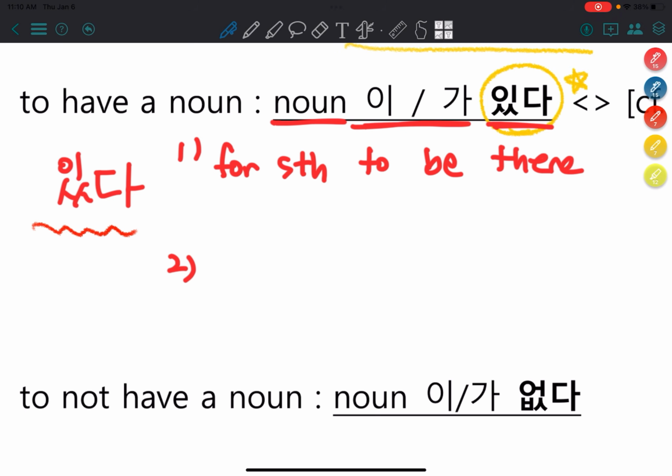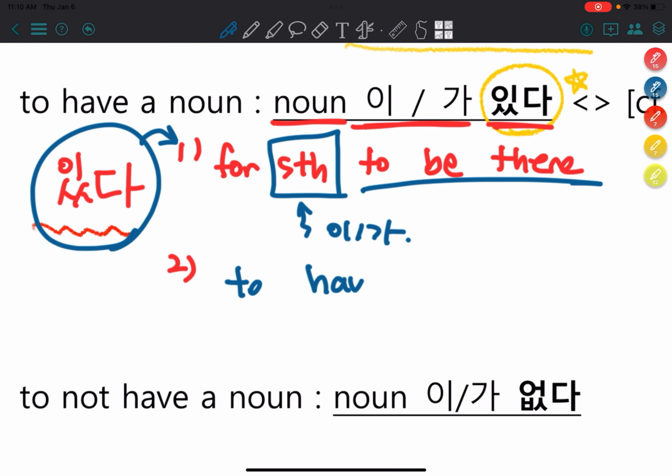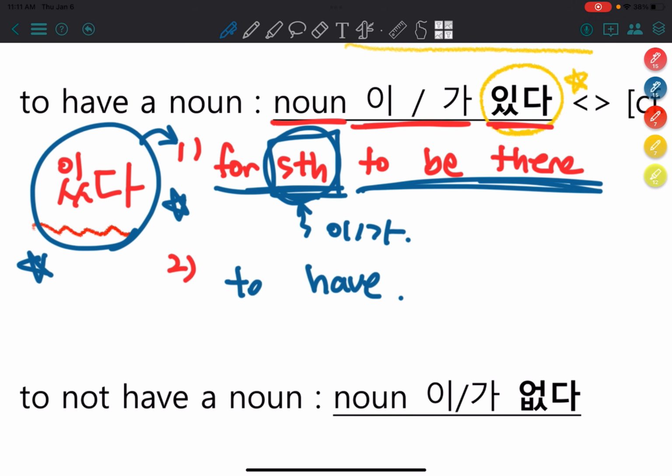So that something is always a subject because something is there, right? So 있다's first primary meaning is for something to be there, and thereby it can extend to mean to have. But essentially, this verb means for something to be there, so that something always has to be marked with a